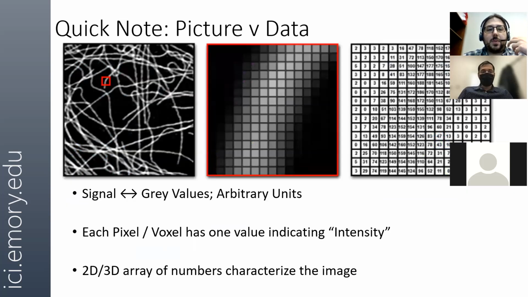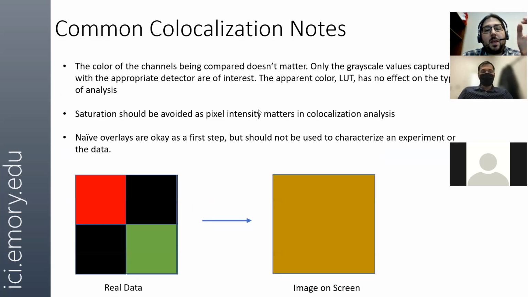The data, as we discussed on this slide, is an array of pixels, each with intensity values. But your computer screen may not always show that. Something that can happen when you go from data to visualizing it on a computer screen, for example, is that depending on the bit depth of the image, that is how many potential intensity values a pixel can represent,